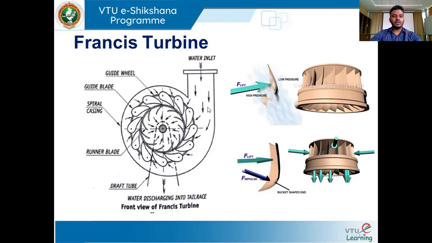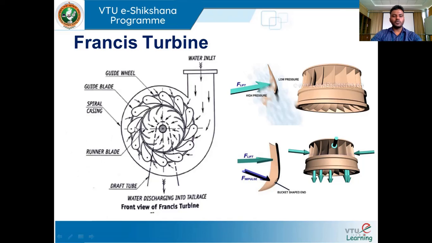So here the stay vanes, which are held stationary, fixed on a wheel, reduce the swirling action of the water, and then deflect the water or make the water move towards the center of the runner blade. So this is a major function of using stay vanes. Here we need to notice one point: the stay vanes angle cannot be adjusted, so it is held stationary. The main purpose of using stay vanes is to reduce the swirling action of the water.